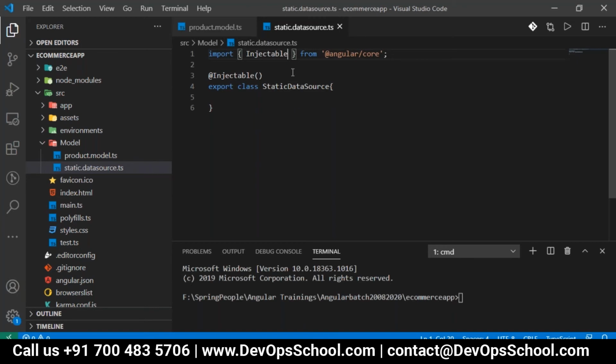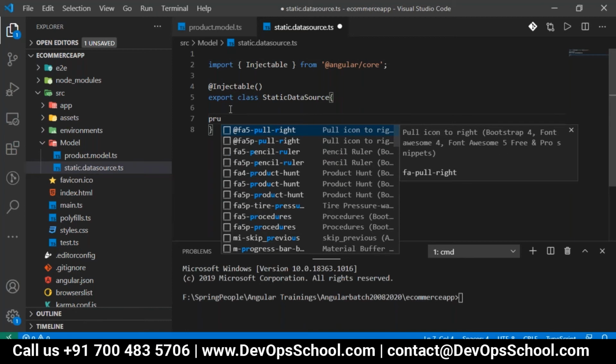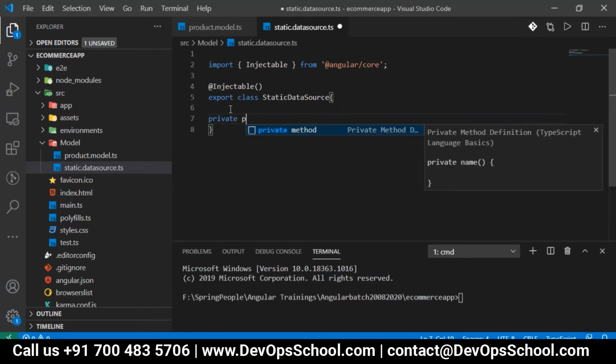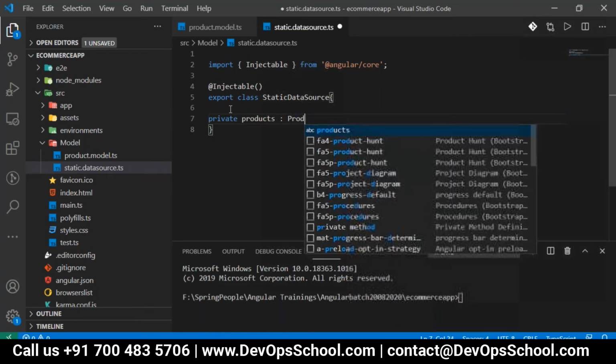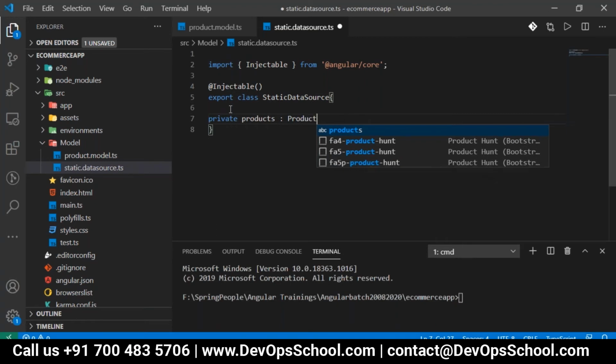Then I want the product data also. So I can import the product. I want to create some hard-coded data now: products, which is of type product array.